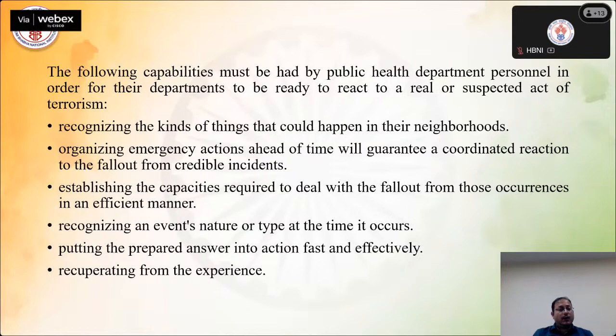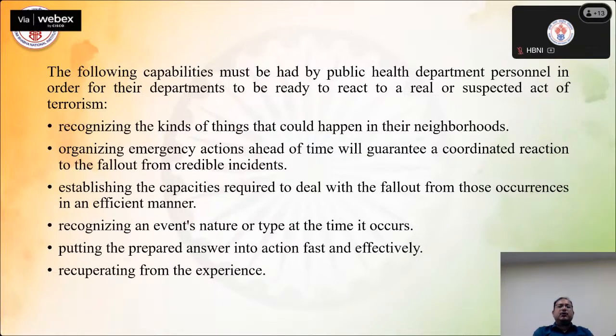If they are organizing these actions before time and they are not waiting for something to happen, then it is very easy for these people also, because they are expecting worst-case scenarios. They are working in anticipation that this can take place, because we are surrounded by different types of chemicals and agents and incompatible materials. So this could easily happen in the area.